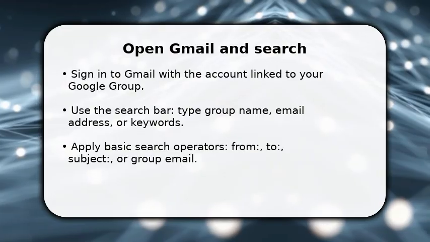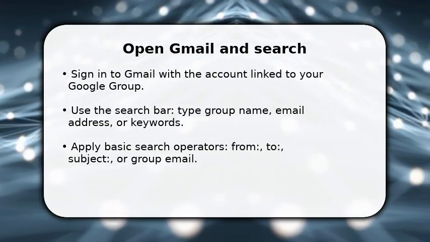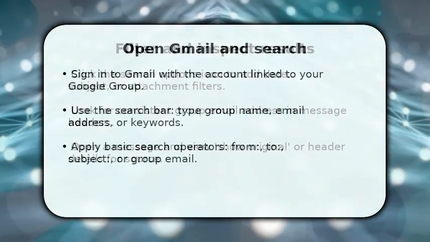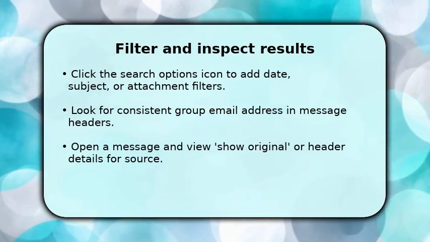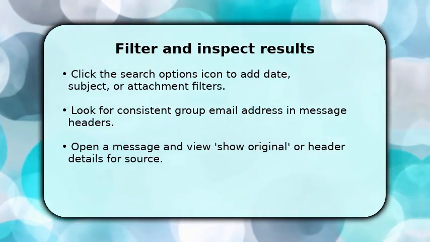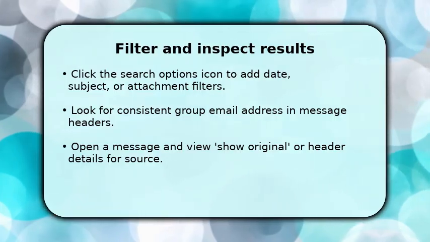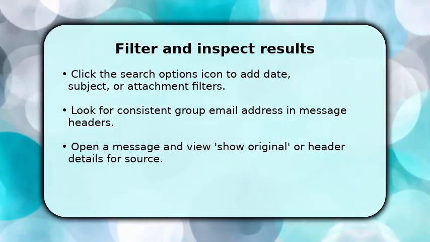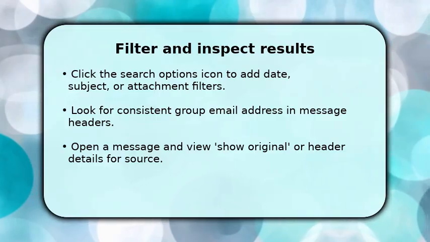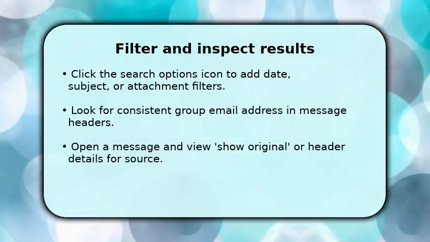This is faster than digging through labels and helps you find the group's conversation threads. Once you have initial results, refine them using the search options icon to add date ranges, subject words, or attachment filters. This reduces noise. You want to spot the group's email address consistently in the from or to lines, which confirms membership. Open a message and inspect the header or choose Show Original to see the precise envelope address if